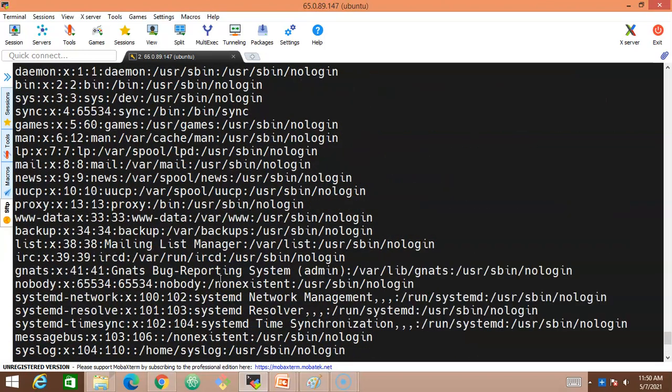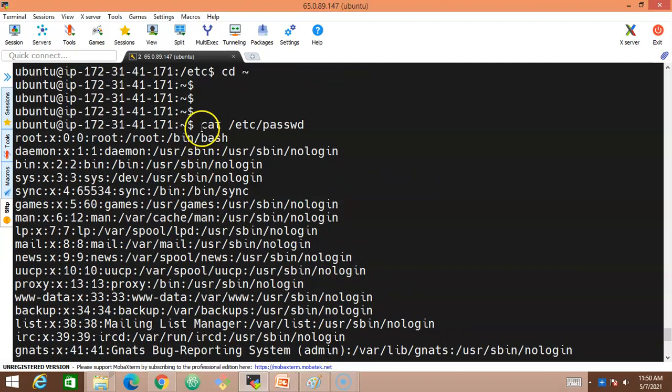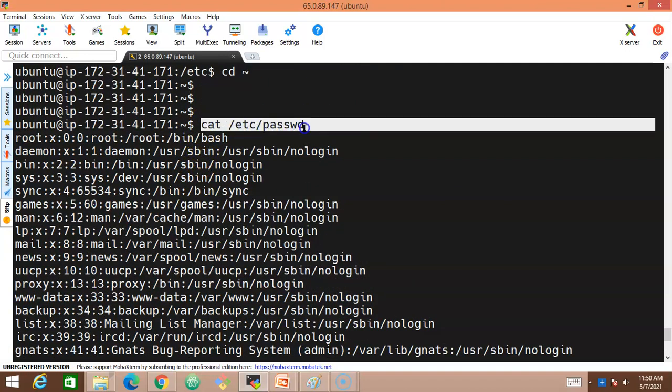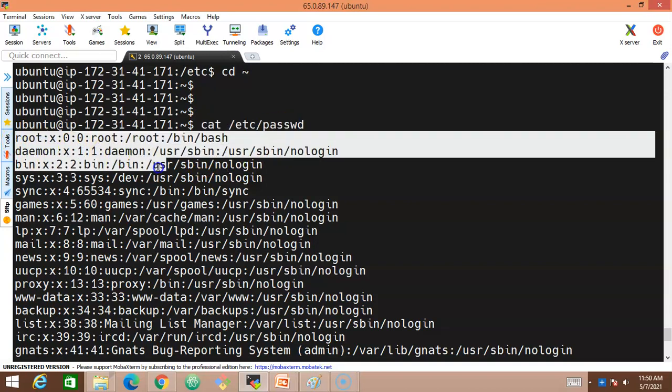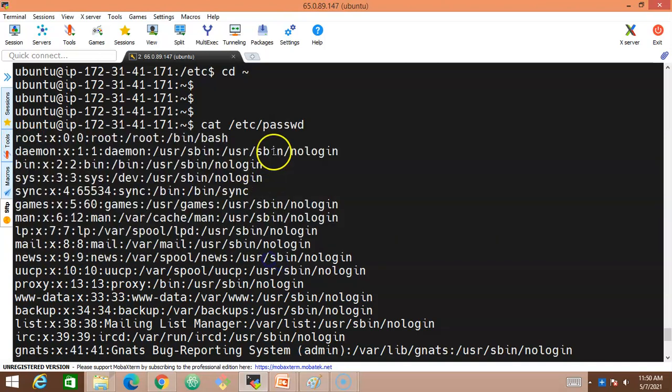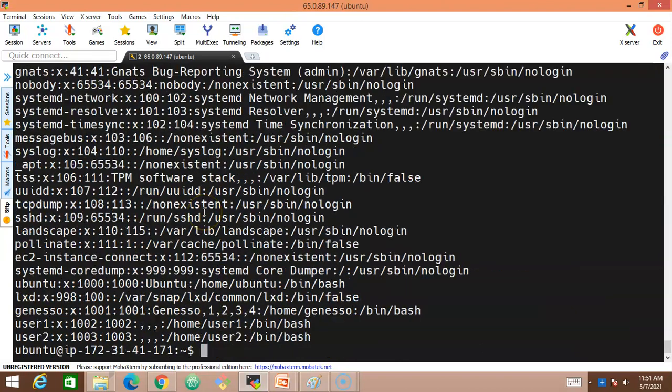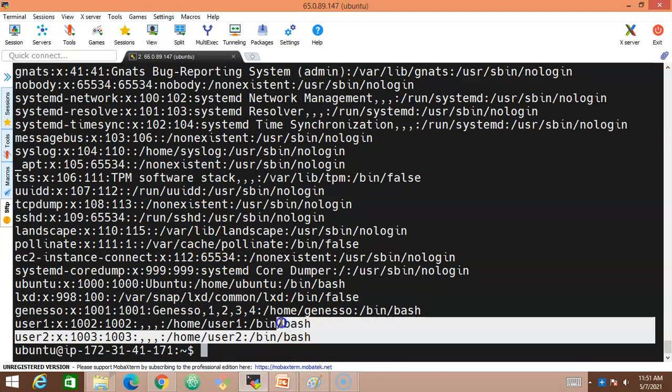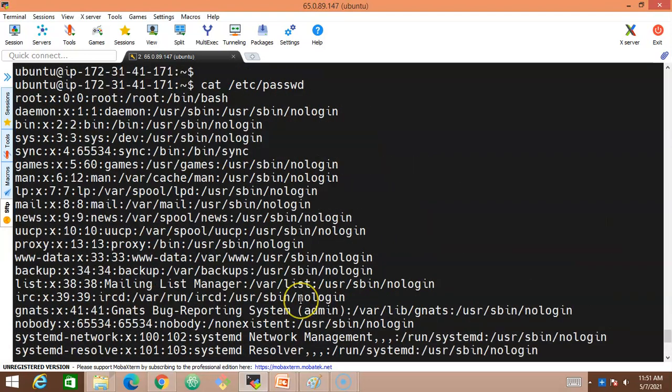If I scroll up, this is the place where we typed the command cat /etc/passwd. Rather than showing the content from the beginning of this file, it is coming to the end of the file. With the help of the scroll button on the mouse, I'm scrolling up and down here.